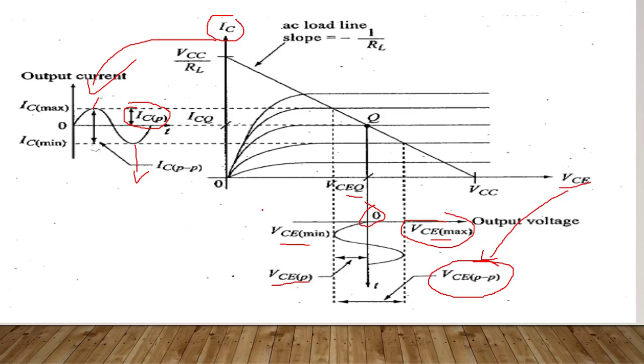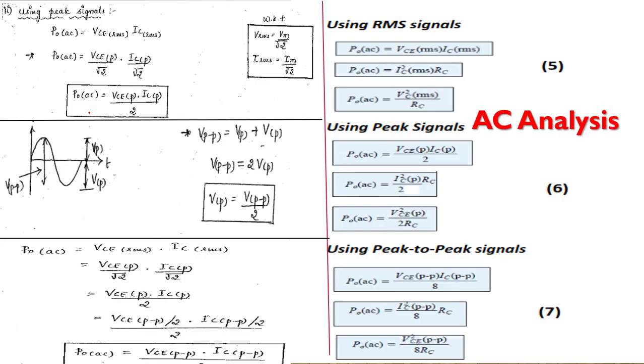Whatever voltage you take is from VCE, and whatever current you take is IC. Nothing special here. Now, as I already told, we have to do it in different formats. First we can do it in RMS format. What is the power here? We are doing AC analysis, so PAC, P is nothing but V into I, yes or no? The thing is, which signal are we using here? RMS signal. So apply RMS here, nothing else. V into I, but with RMS signals.